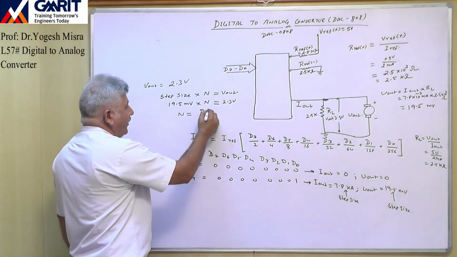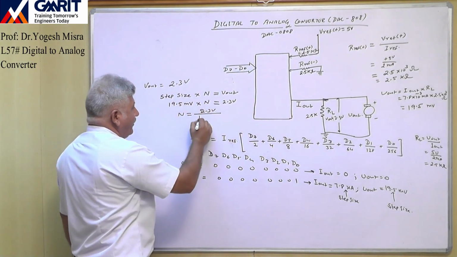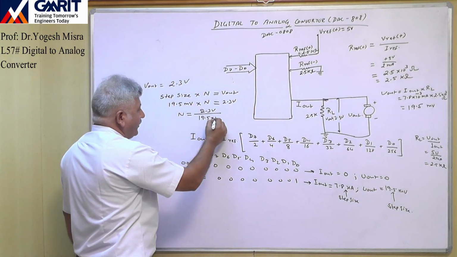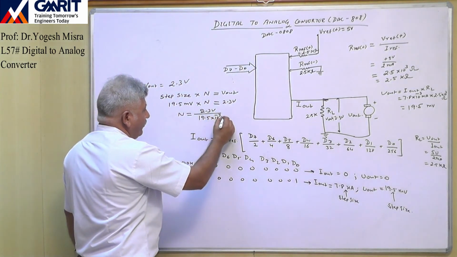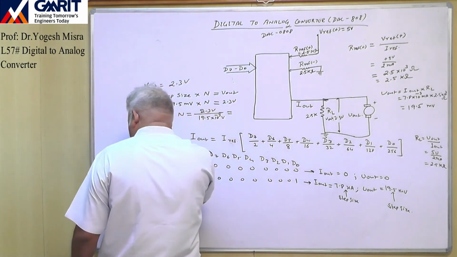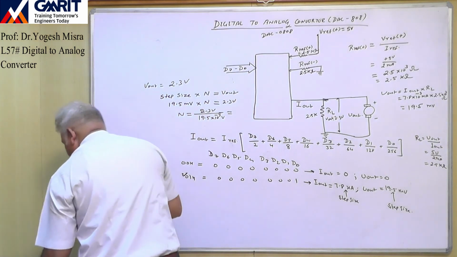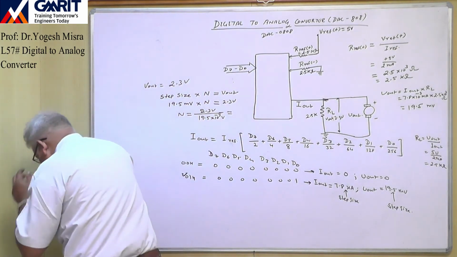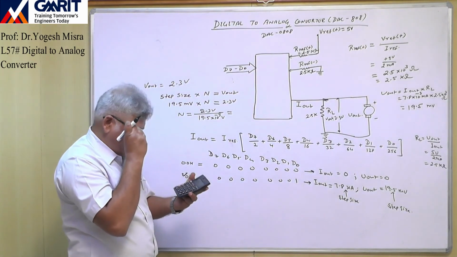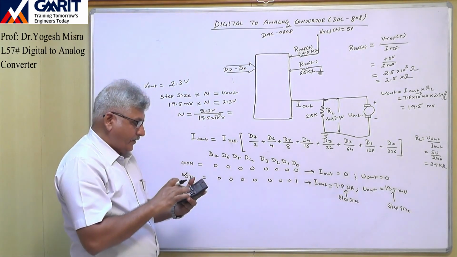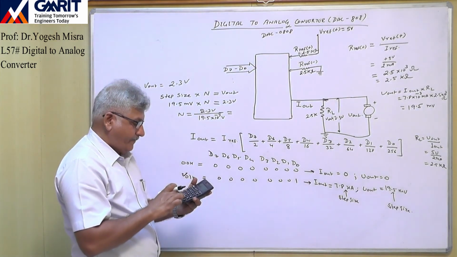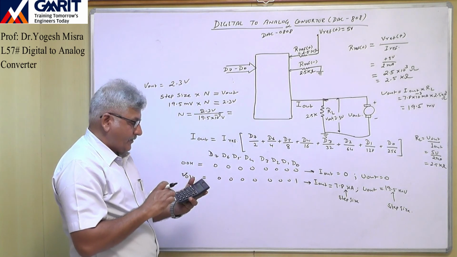So this is 2.3 volt divided by 19.5. Now millivolt I will convert to volt, into 10 raised to the power minus 3 volt. So we will find out what value we are getting. 2.3 divided by 19.5 is equal to this,